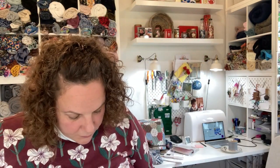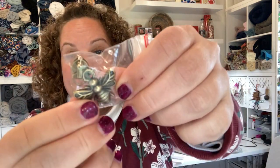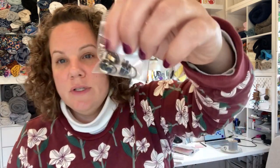And then I purchased 3 of these bee zipper pulls, because I have, again, if you've seen the video on the bag making, I have some beautiful cotton and steel bee fabric, and I thought how cool to have a bee zipper pull. And then I purchased those zipper pulls with just the ring in like a brass color, because I have a bunch of zipper tape, which you will see for my next place that I purchased, that is in